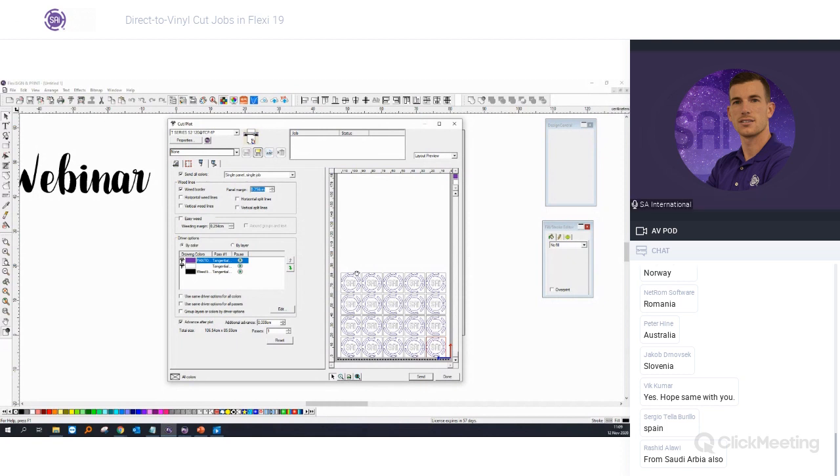So for example, you need 1 centimeter spacing between your artwork and the weeding border. And of course, you can make different cut strategies. So in this case, my first color, the purple